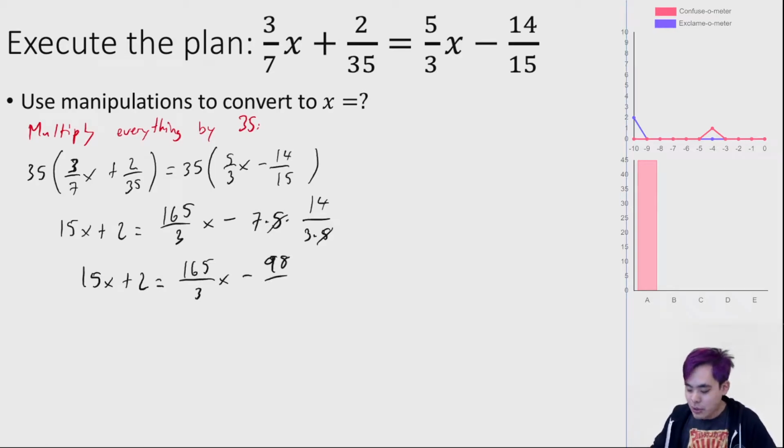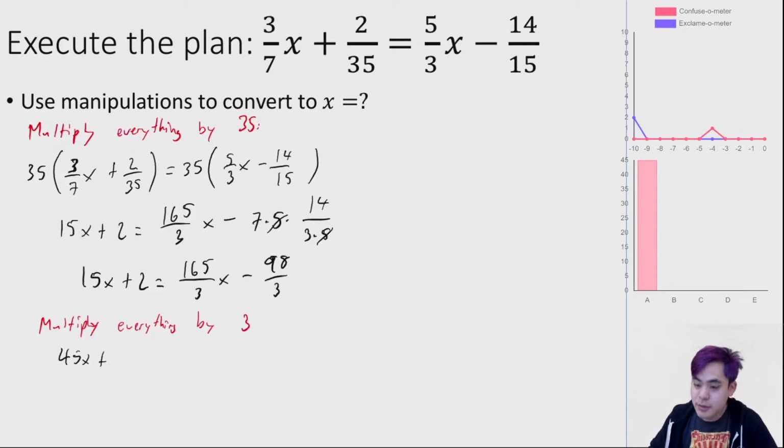Then, of course, well, what next? Multiply everything by 3. So multiply everything by 3. And you end up with 45x plus 6 is equal to 165x minus 98. So then if you subtract both sides